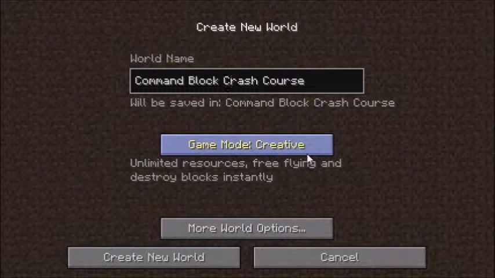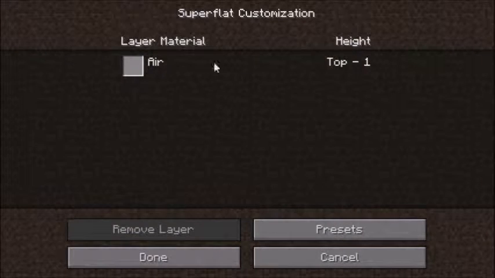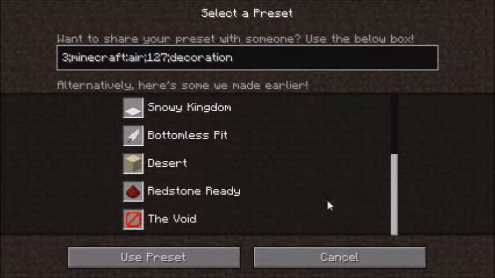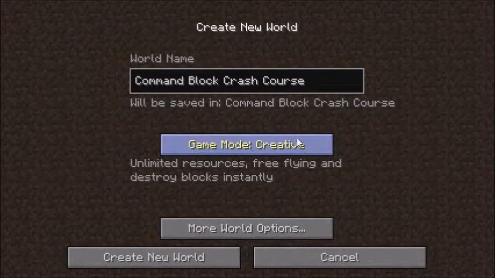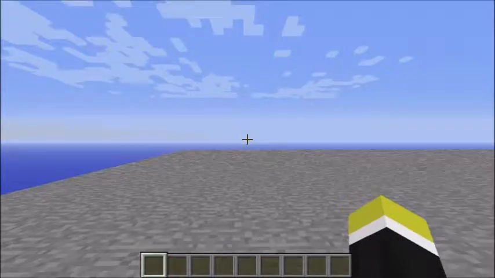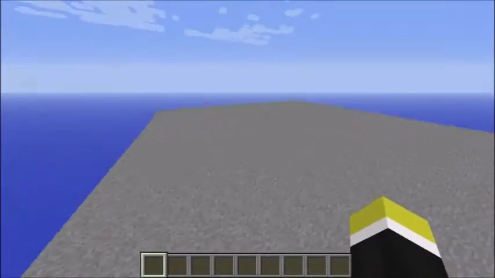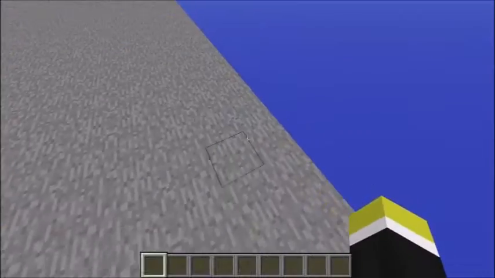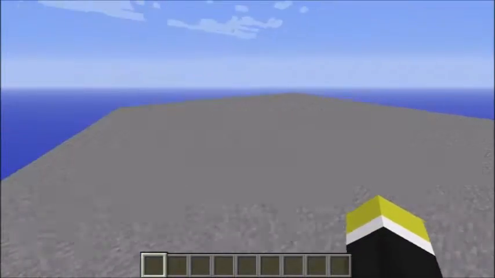You need to use creative mode, and I use super flat world because that's relatively easy, and we're using the void preset. So we're going to go ahead and create the world. The first thing you notice, you get this giant platform in the void. Now that's kind of given with this preset,